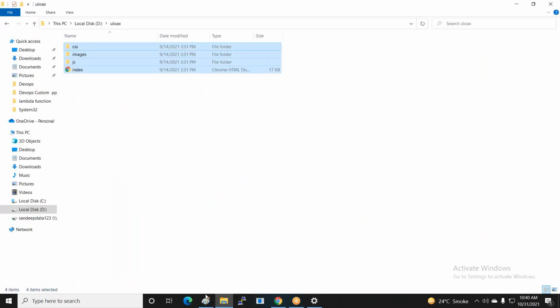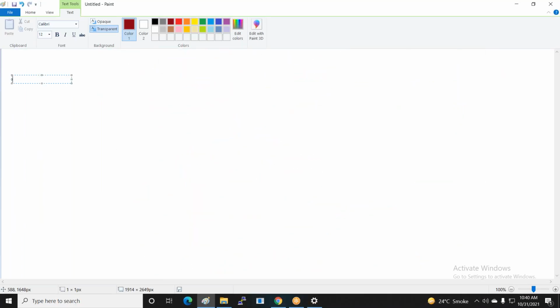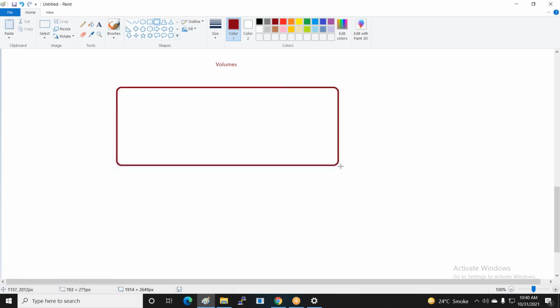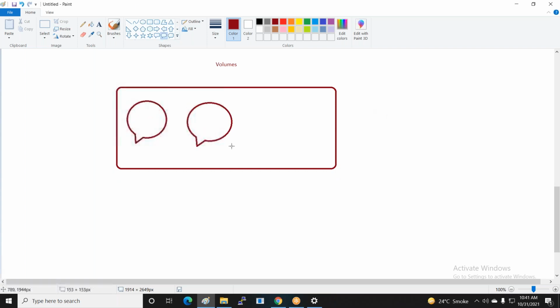Now you can see, and now I'm getting to the topic. One is volumes. Like you are using one hard drive in your laptop, and in this laptop you created three partitions, like a C drive, D drive, and E drive.